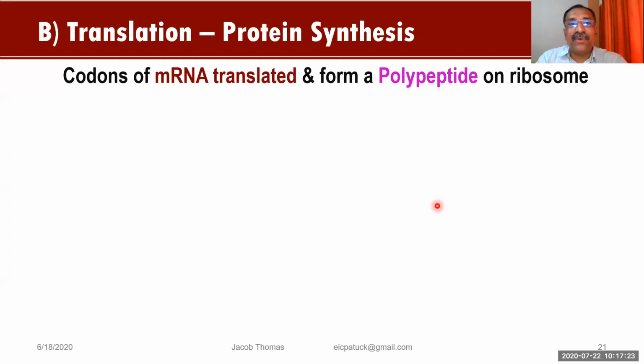Messenger RNA, what is the role of messenger RNA? Bring message from DNA. What is the role of ribosomal RNA? Provide site for protein synthesis. And who is bringing amino acid? The amino acid is brought by transfer RNA. But remember, here the question is anticodon, which means in this case the transfer RNA contains anticodons. So transfer RNA is the correct answer.